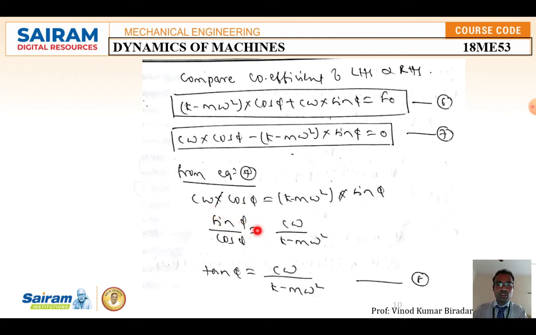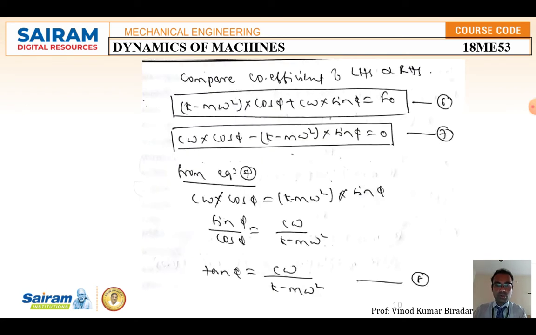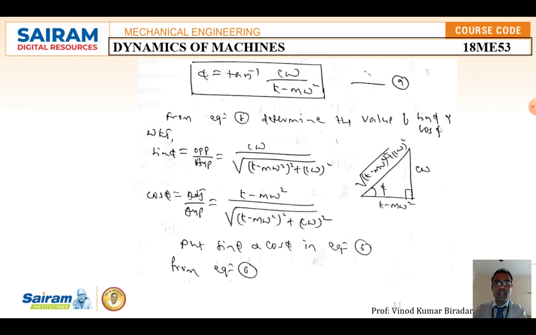Sin phi by cos phi is equal to c omega by (k minus m omega square). Okay, sin by cos is nothing but what? Tan phi. Okay, so this is equal to c omega whole divided by (k minus m omega square). So give equation number 8. Okay, so here we are going to get the phase angle phi is equal to what? Tan inverse of c omega whole divided by (k minus m omega square), equation number 9. So this equation number 9 is called the phase angle,